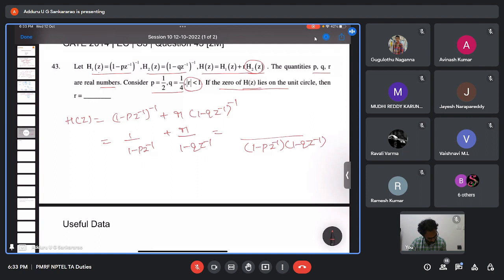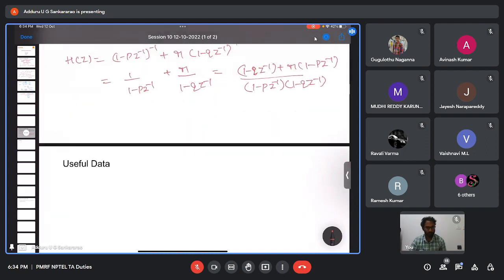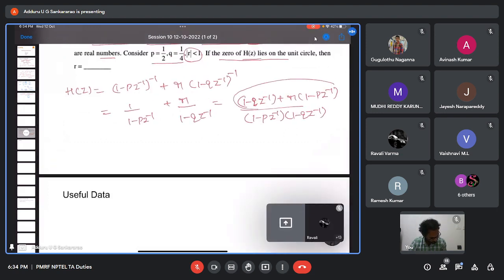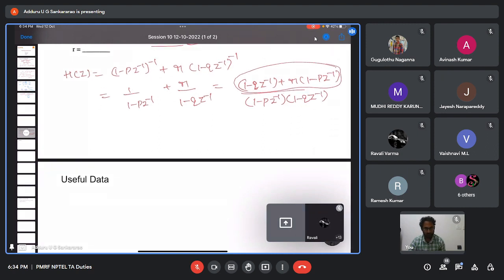So what we get is 1 minus Q Z inverse plus R into 1 minus P Z inverse. Okay, now we need to find out the zero. So what is the zero? This one, right? Where it will become 0, that is nothing but the zero. So zero means the value of Z where the numerator becomes 0. For finding the zero,